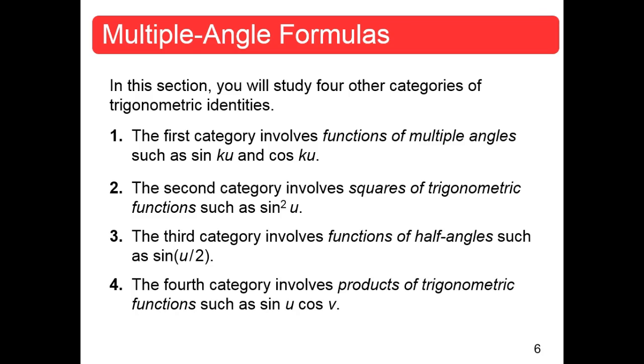Before we were adding and subtracting angles, now we're multiplying angles. The second category involves squares of trigonometric functions, such as sine squared of u. And guess what? You already have all the tools you need for that as well. When you see those squares, think